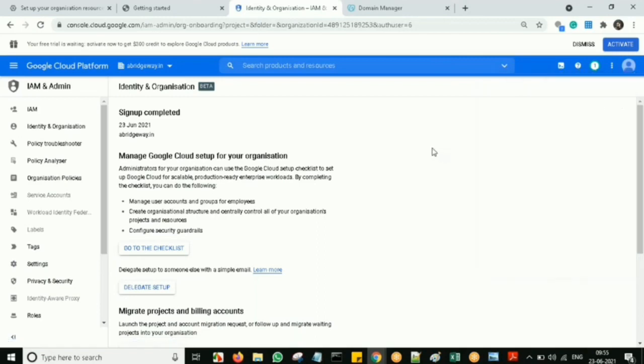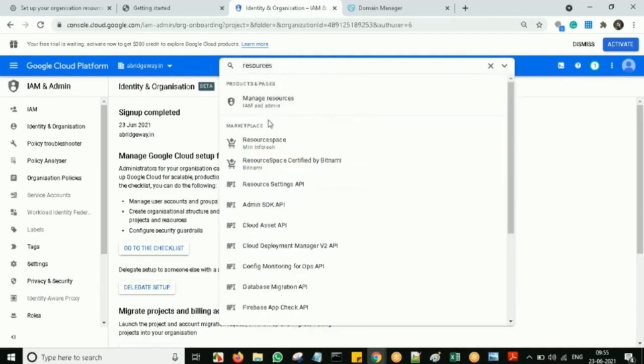To create the resources, to set up the folders and projects, you can just search like resources. See, manage resources and IAM and admin.